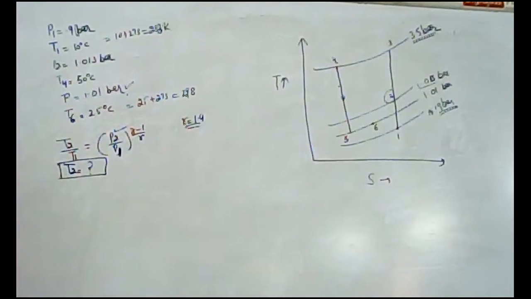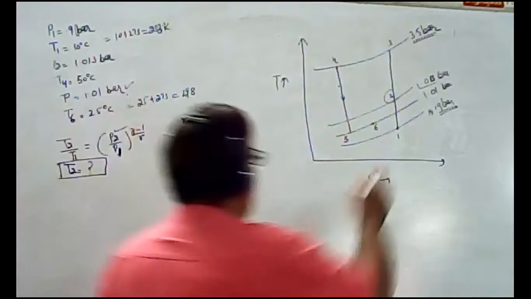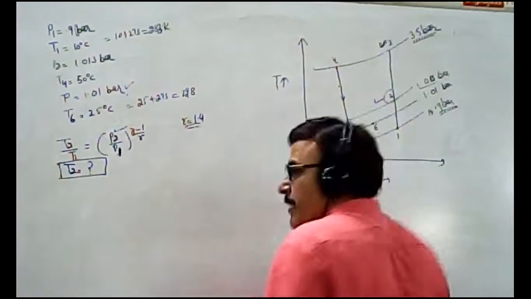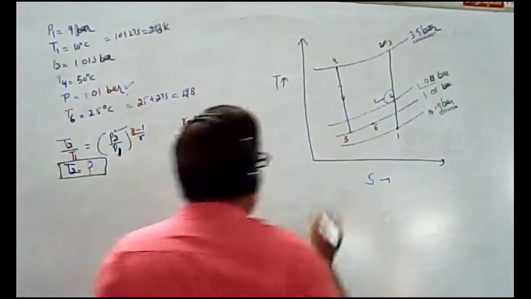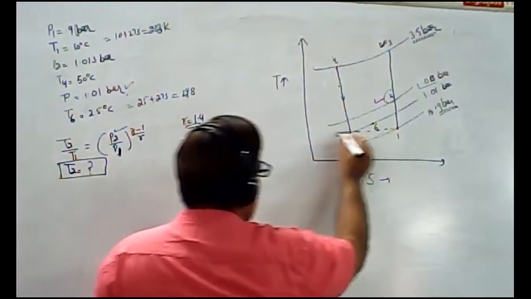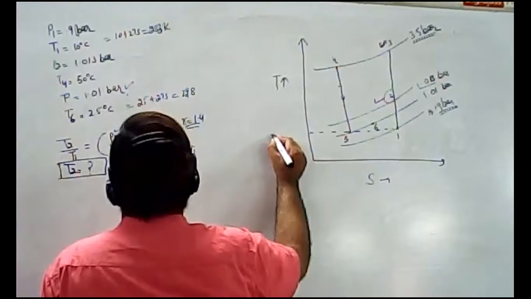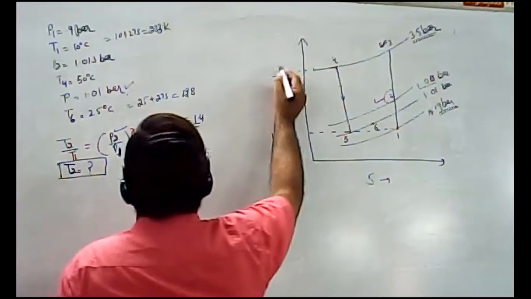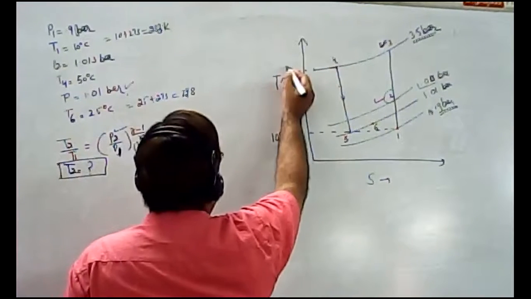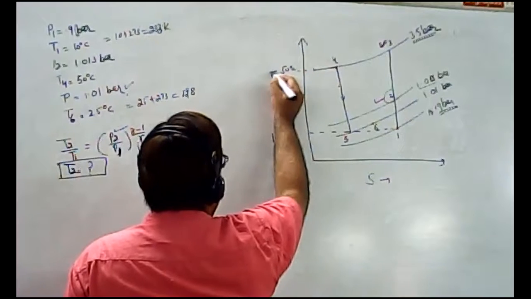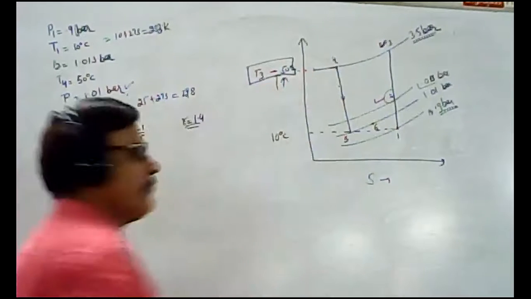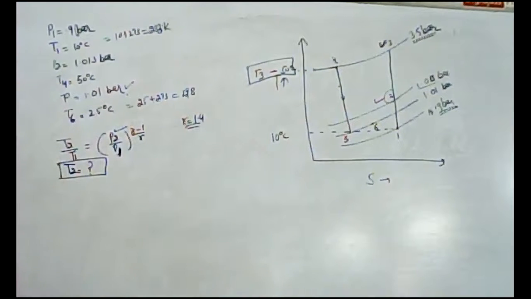Okay. After this, when you find the value of T2, now you have to find out the value of T3, because it is not given. Only two values are given, T1 10 degrees centigrade and T4, that will be equal to 50 degrees after reduction from T3 temperature. This will be given in your statement.